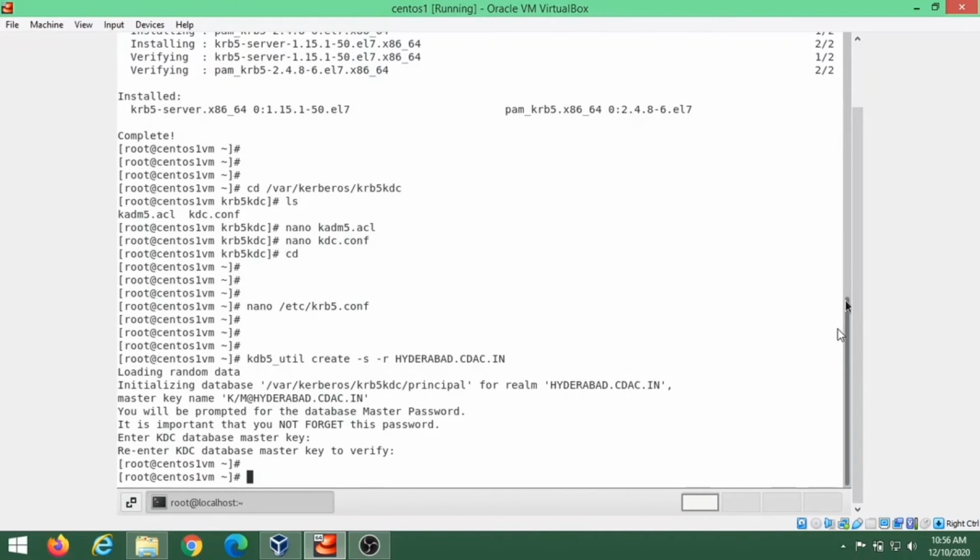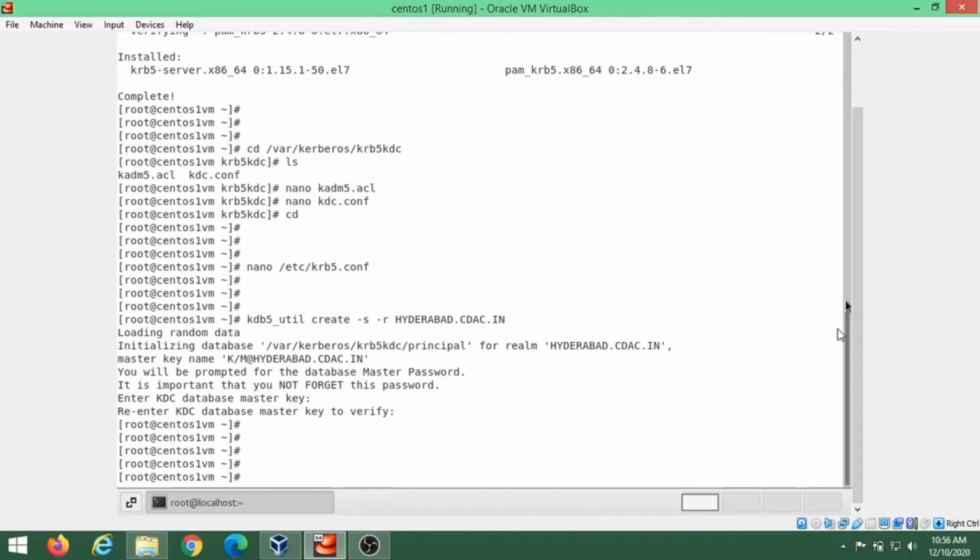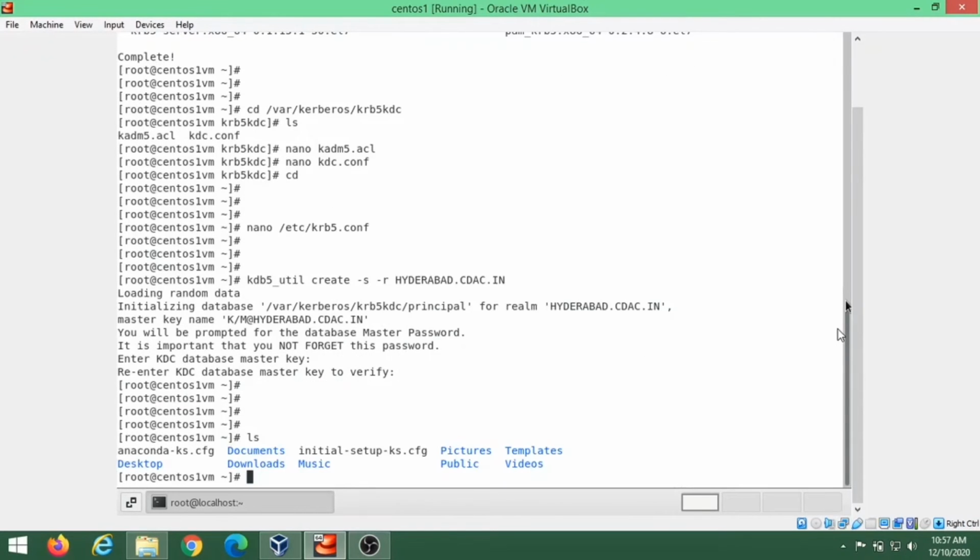Now we will start and enable Kerberos. We will check this file once at /var/kerberos/krb5kdc.